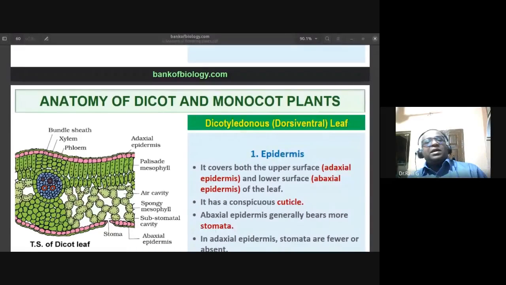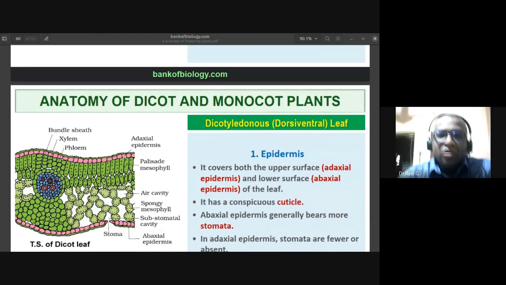So in today's class, just a gist or a summary in a nutshell is, see, we discussed dicot stem and monocot stem. The important thing, I always focus on the stelar region. In case of dicot stem, the vascular bundles are arranged in a ring-like manner, which we call eustele. What is the type of vascular bundle there? Conjoint open type of vascular bundle and endarch type of xylem arrangement.